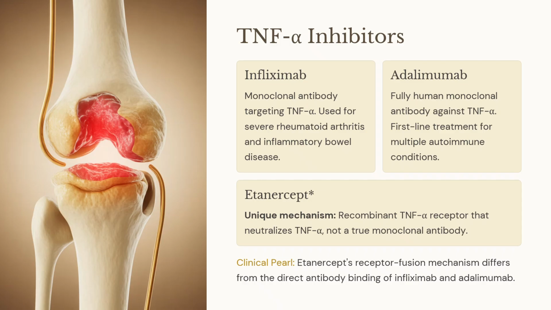What is the first monoclonal antibody that we see? The first one is about TNF alpha inhibitors. What is the aim of TNF alpha? TNF alpha causes inflammation. So it is the responsible cytokine for causing the inflammation and the problem in rheumatoid arthritis